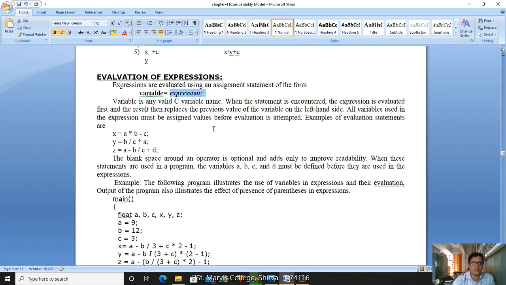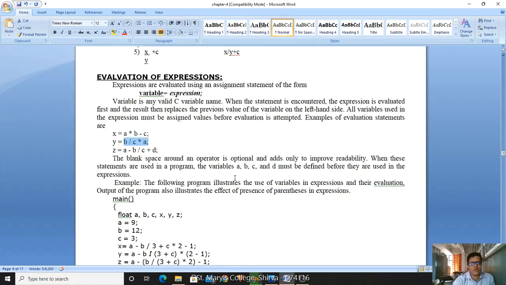This expression consists of constants, digits and any valid operators, and also your precedence. Now whenever I am taking an expression, we have to look at whether it has to be evaluated from left to right or from right to left. How is it decided?